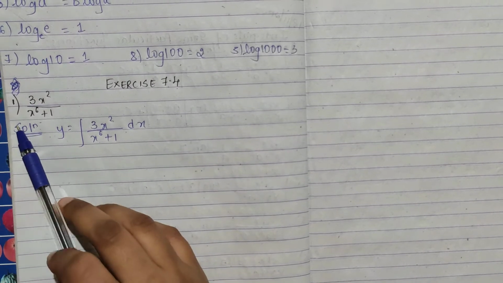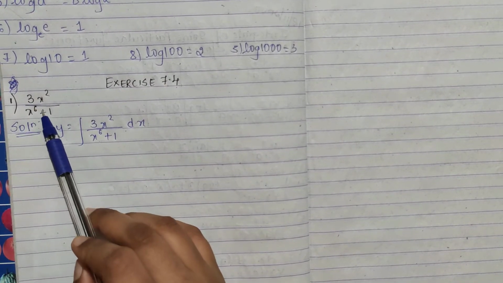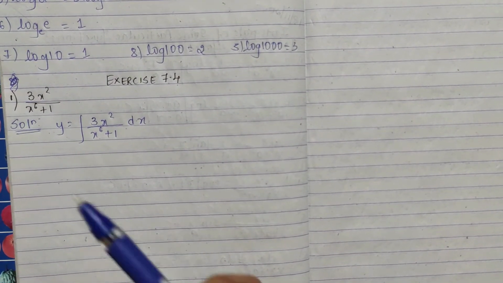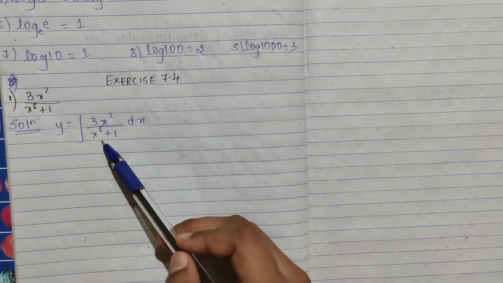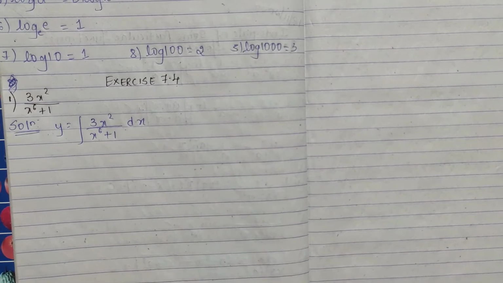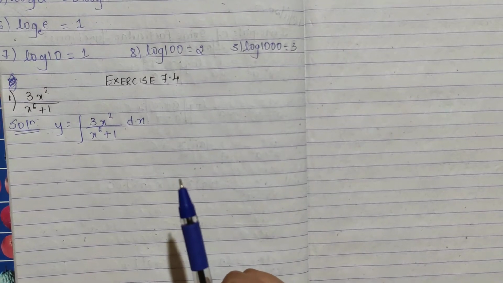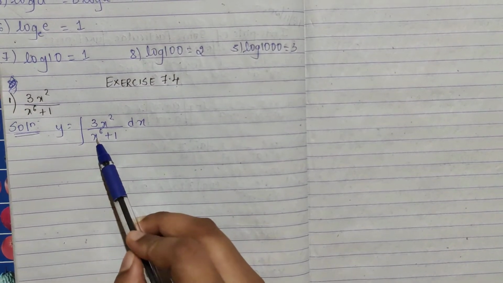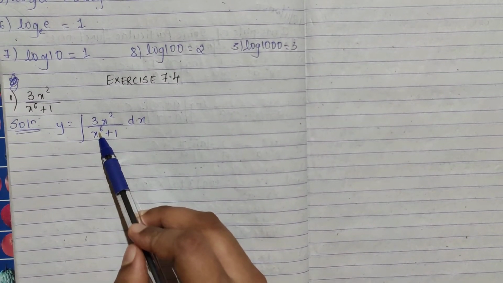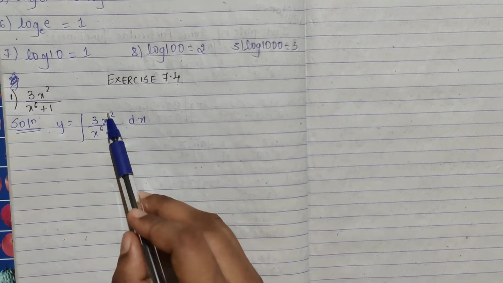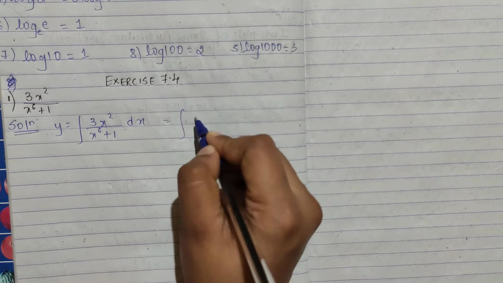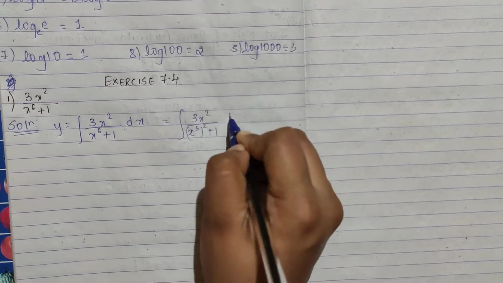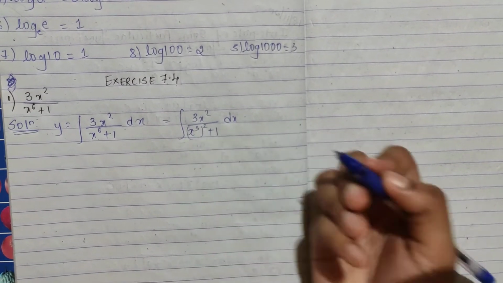Exercise 7.4, first question I have taken: 3x square divided by x raised to 6 plus 1. So write it first, take it as your y. Now first you see whether you can go for direct integration. No, because division is there and we don't have such a thing that we split it off. Then you have to think of substitution. Yes, I think so, because if I take x cube, its derivative is there in your numerator. So this part, 3x square, and I can write the denominator as x cube whole square plus 1. Then I can take this as t and do it.